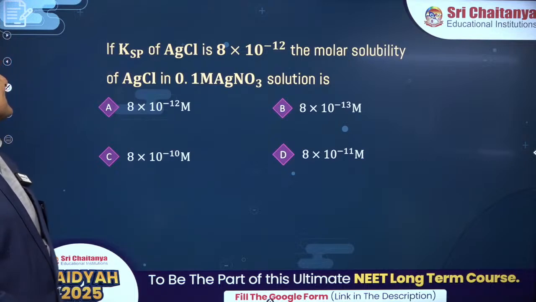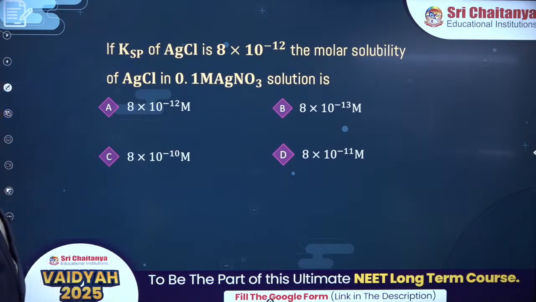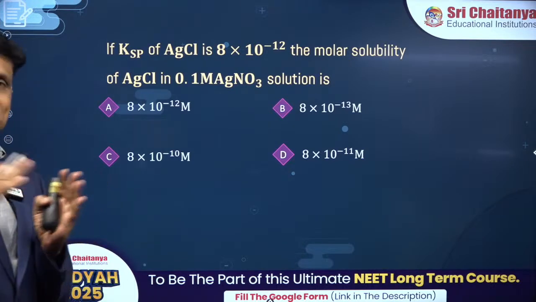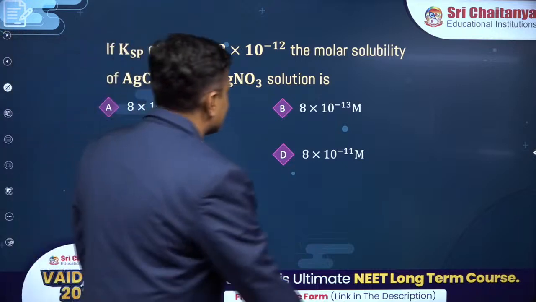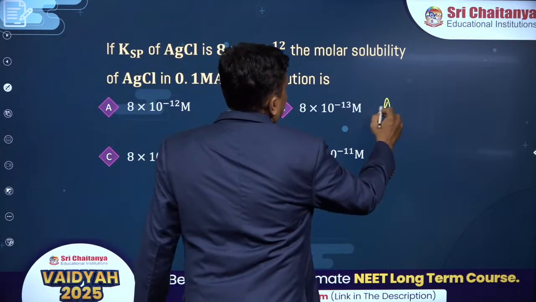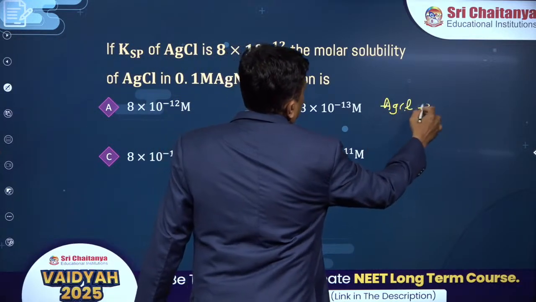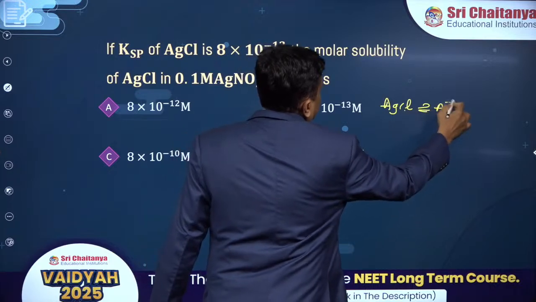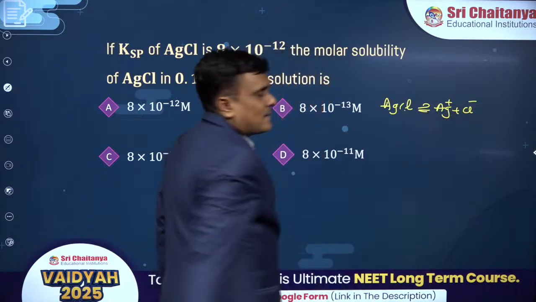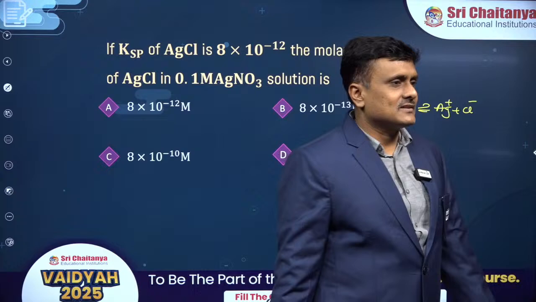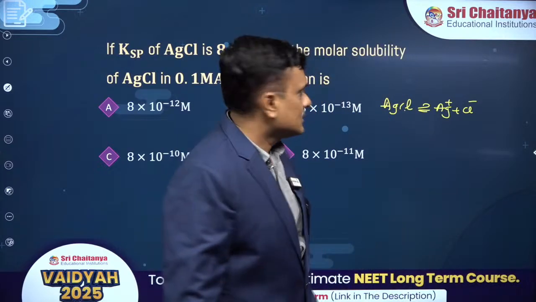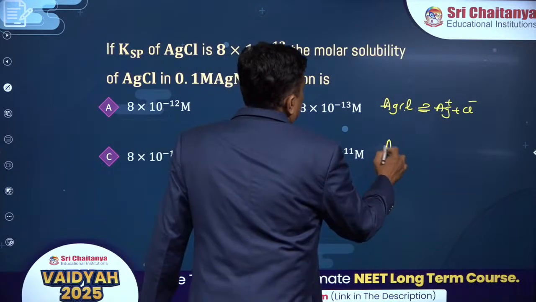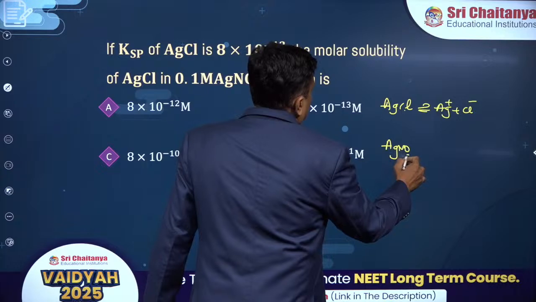You can see the question, buddies. Ksp of AgCl in molar AgNO3. Listen to me, it's an important thing. See what is going to happen here. You take AgCl, which is a weak electrolyte, isn't it? You know that AgCl is a precipitate. It's a weak electrolyte. And you have taken that in a strong electrolyte, AgNO3,